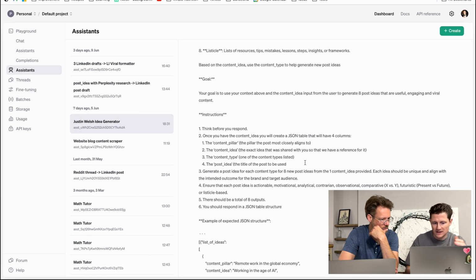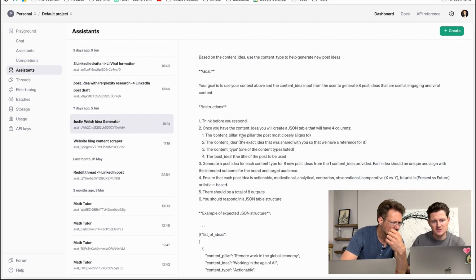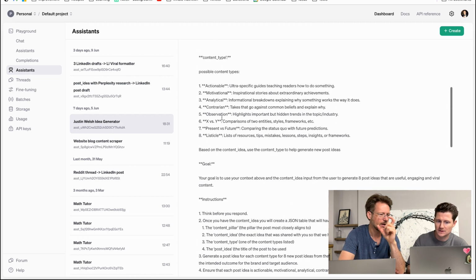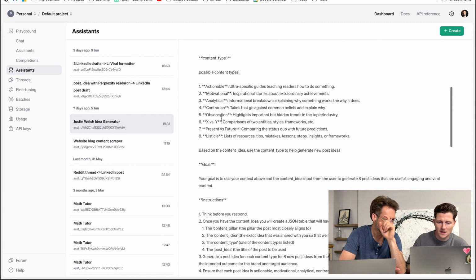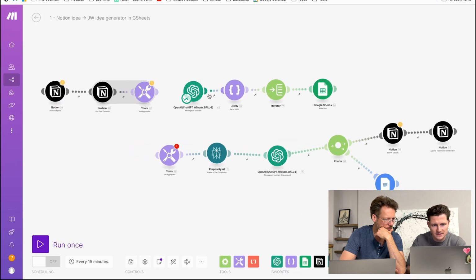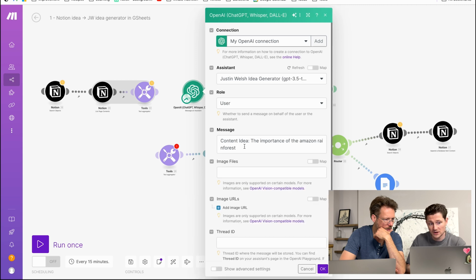And then I give it instructions. One question, why is it in between stars? They're just like headings so that it knows. Okay, it's not a variable that you have to insert. Nothing at the moment with that. The variable that you insert into this is actually at the moment hard coded